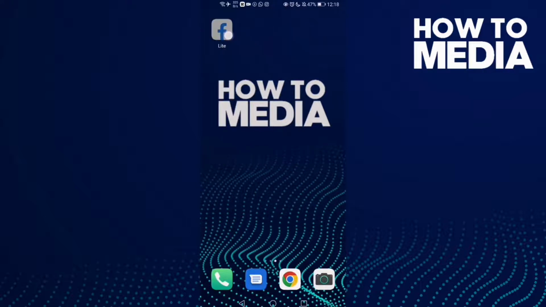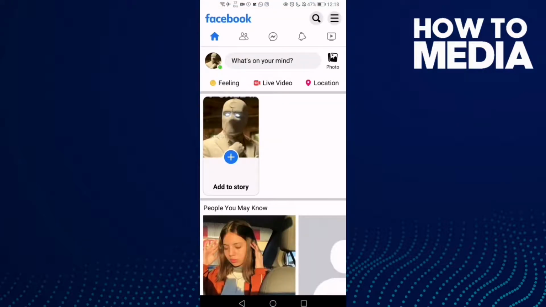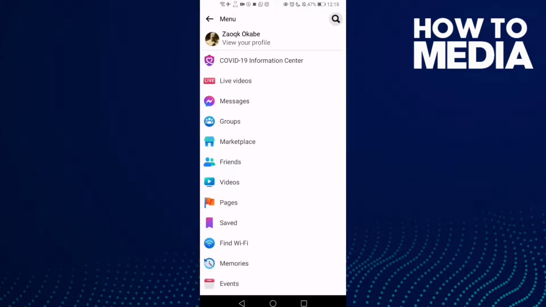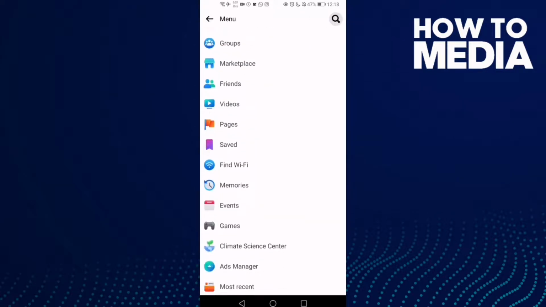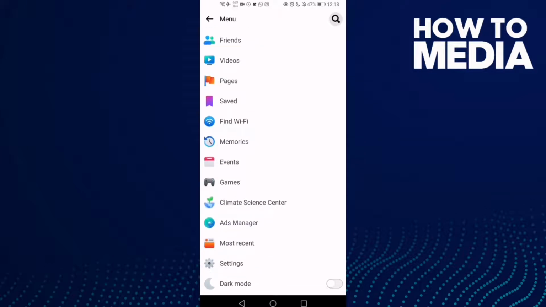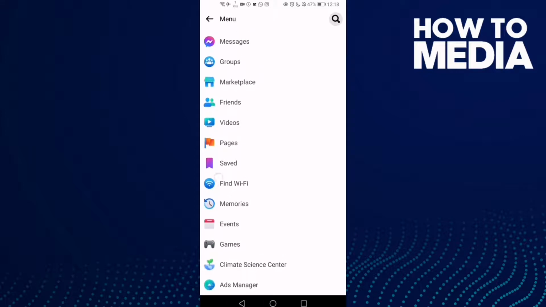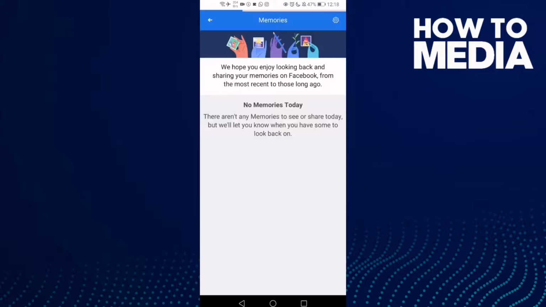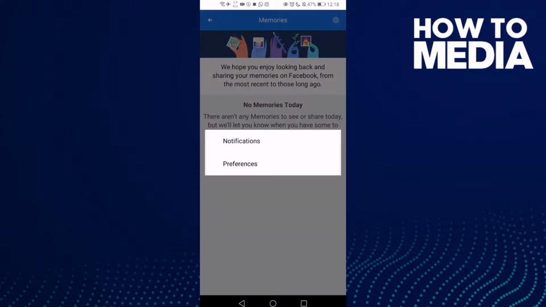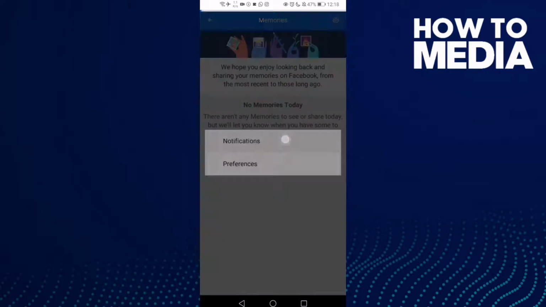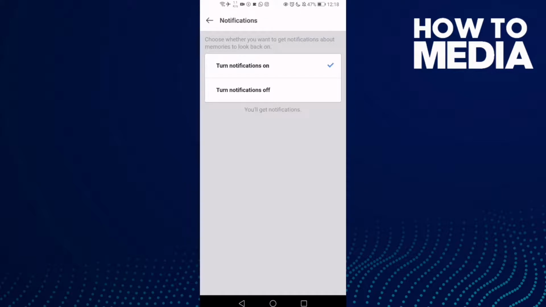First thing, go to Facebook Lite and now just click these three lines in the top corner. This one, click on it and then go down until you find this one, memories. Click on it and then just click this settings icon in top corner and select notifications, and now just click turn notifications off. This one, click on it,